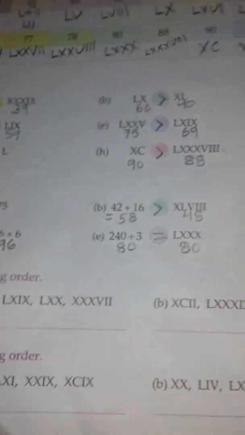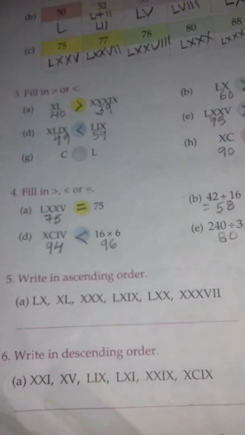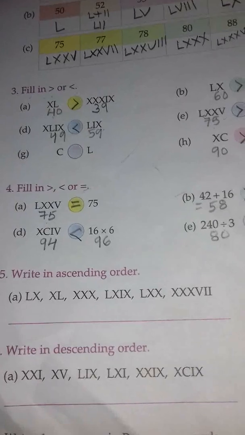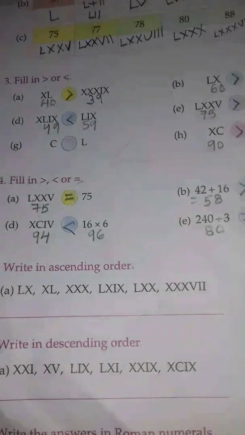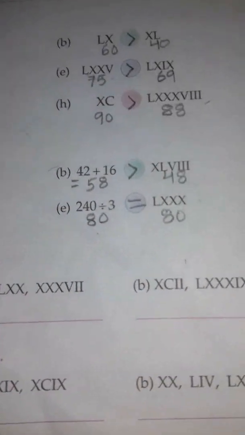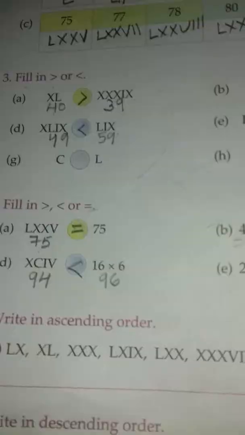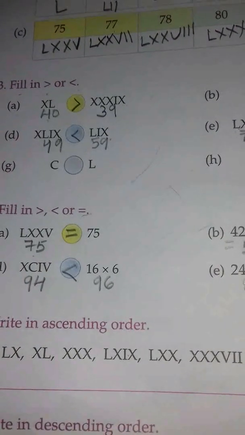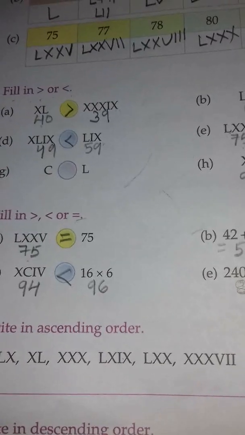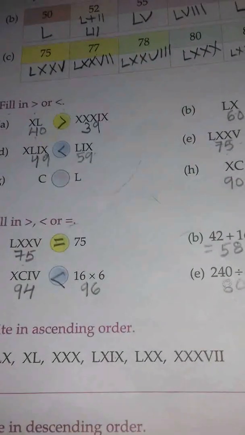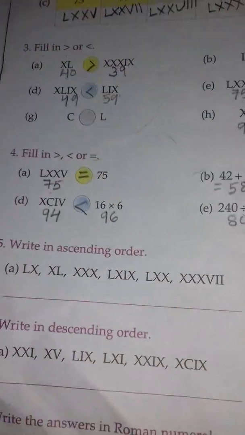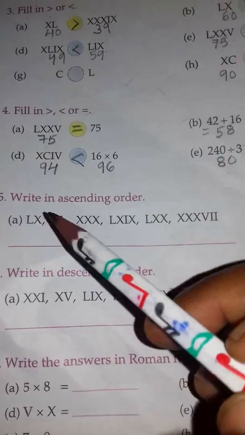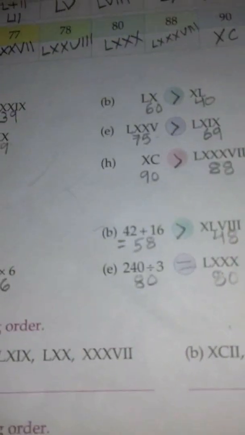So students, this is the way to compare the numerals. Either it is based on the same symbols or with different numerals with different operations, either in multiplication or addition or subtraction or division. First you have to find the number properly, then put the correct symbol. Now revise these questions properly, and in my next video we will move towards question 5 of this unit.